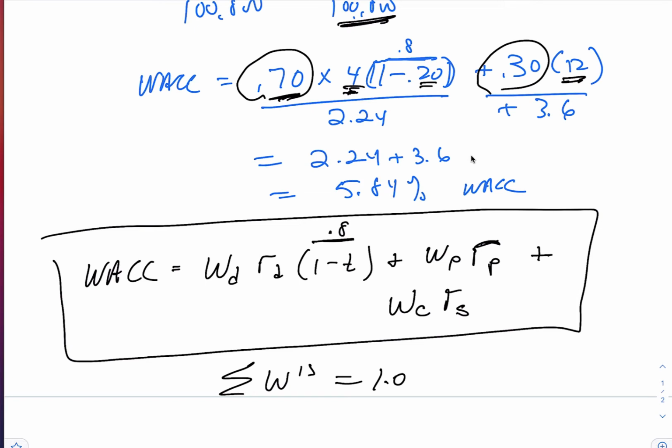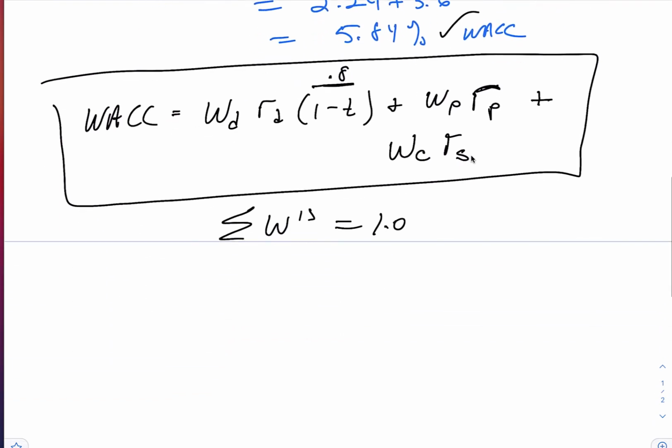What I mean by that is firms try to determine what their optimal debt, preferred stock, and equity will be for the firm. What do I mean by optimal? Well, they have the right amount of debt, the right amount of equity, and the right amount of preferred stock. So the idea is that if the firm reaches its target capital structure, it will reduce the costs of financing for the firm. And if you can optimize your weighted average cost of capital, then you're going to be in really good shape. It means your business is running pretty efficiently from a financial perspective. So those weights are target weights that you have to keep in mind when we're doing this analysis.